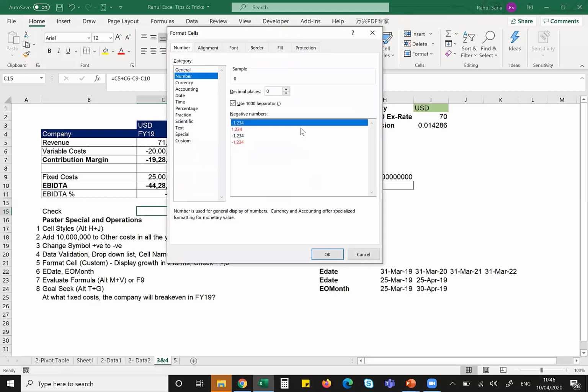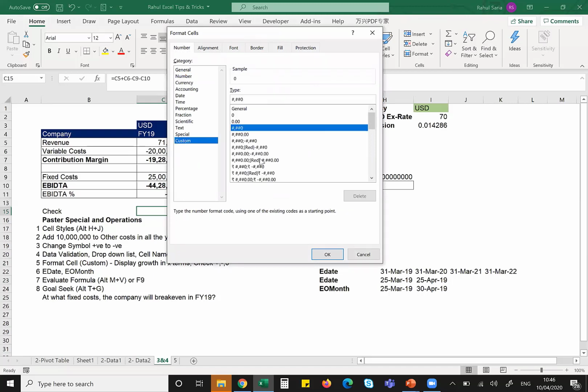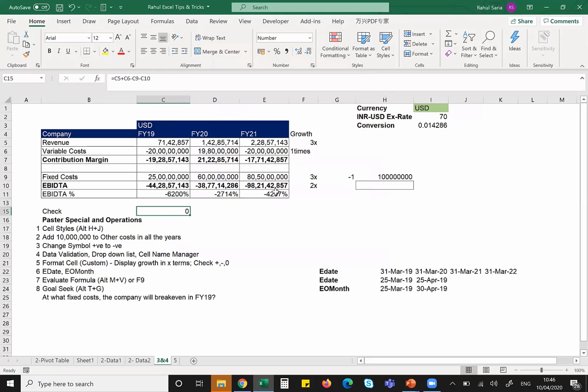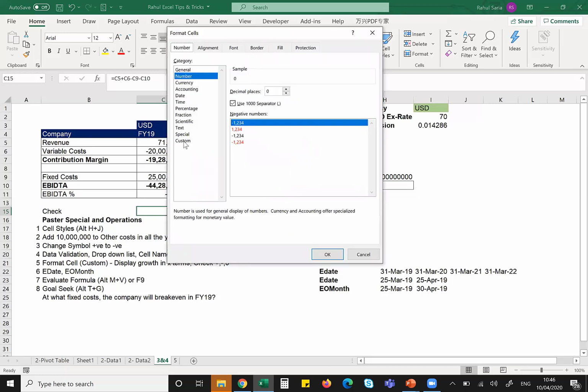I can use a custom format even for this and make it, say for example, I use this for 0. So the format of this is positive, negative, and 0, right? So if it is positive, okay, let me once show you. I go to custom.